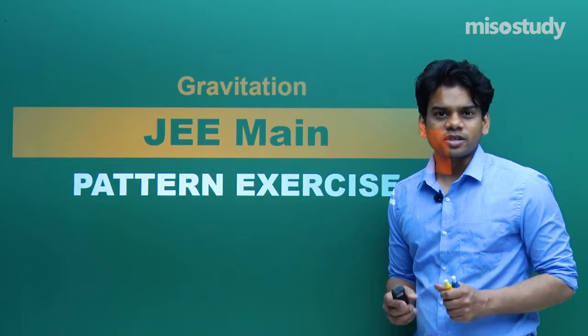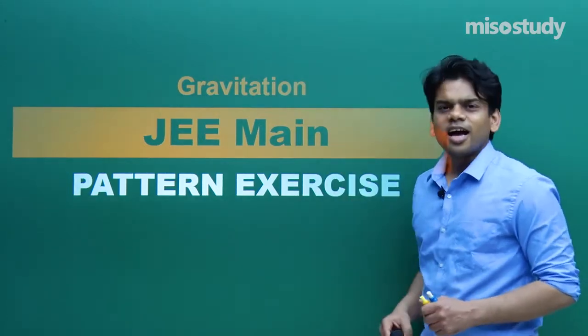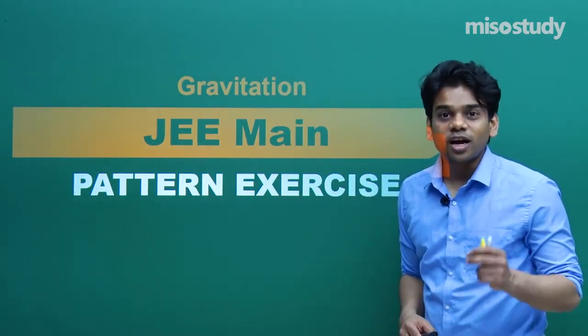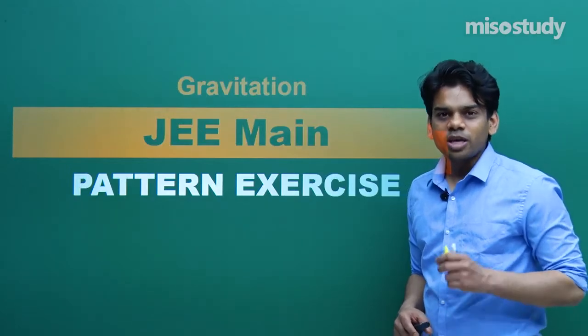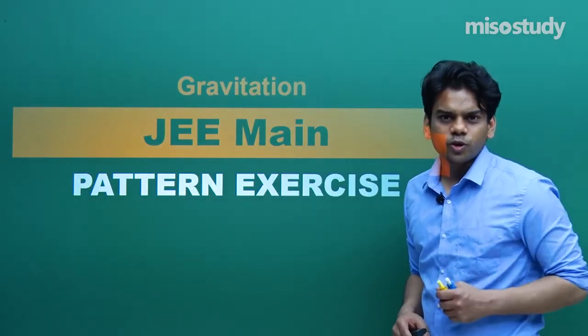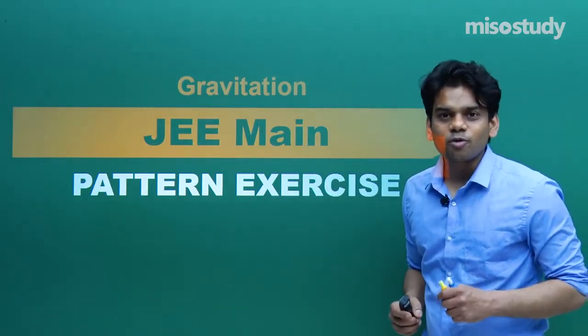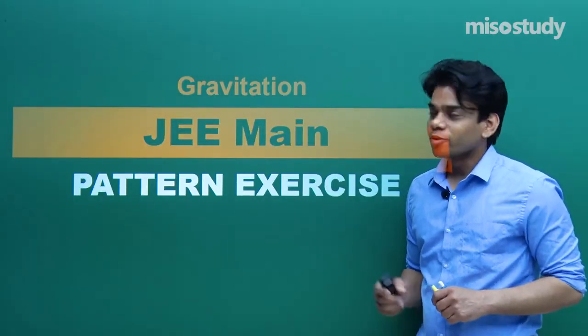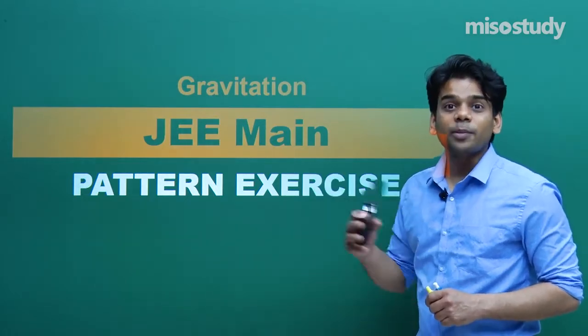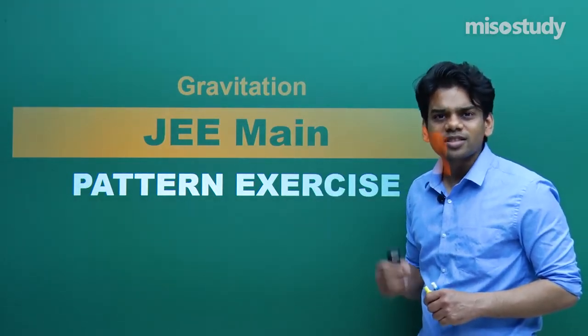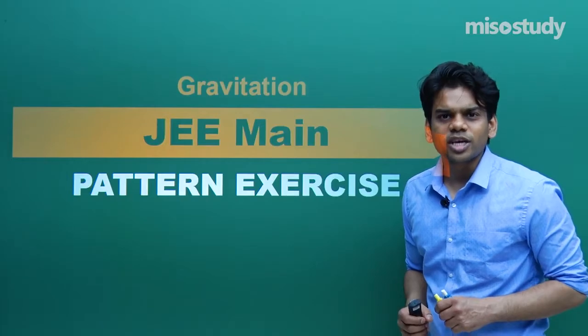In today's class, we'll be discussing questions based upon gravitation, and the pattern of questions will be as per the questions asked in the JEE Main examination. In your JEE Main examination, each question is a single choice question. That means one option will be the right answer. If you mark the right answer, you get +4 marks. If you mark incorrect, you get -1 marks. In today's class, we'll be seeing questions which have already come in previous examinations and which are just like questions asked in the JEE Main examination.